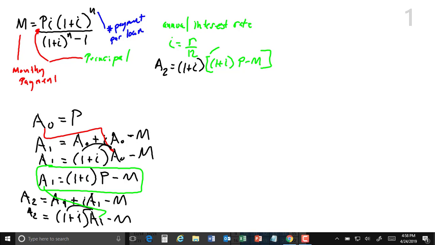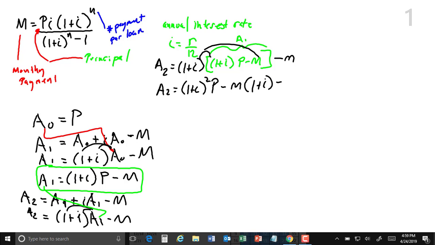See, this whole thing here is equal to A1, right? And then we have minus M for that payment, right? Now what I'm going to do is distribute this guy through to here and then through to here, so that I have another way of writing A2, which will be equal to 1 plus I. I have 2 copies of that times P minus M times 1 copy of this, minus M. Well, that looks like